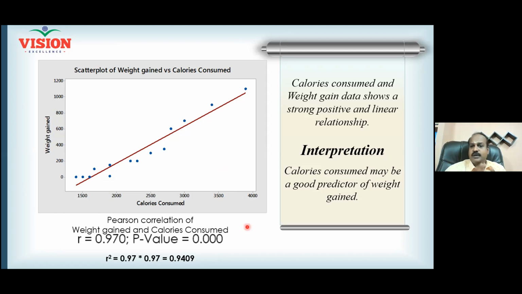And so now the problem can be solved to the extent of 94%. This particular person's weight gain or weight loss is not impacted by any other factor. All other factors are not playing much. All other factors play only to the extent of how much? Only 6%. 94% of the problem is only related to the calories. If you want to do the same study for yourself, you know how many problems you may have, isn't it? You may have calorie consumption and you may have some other problems. So it depends on person to person.